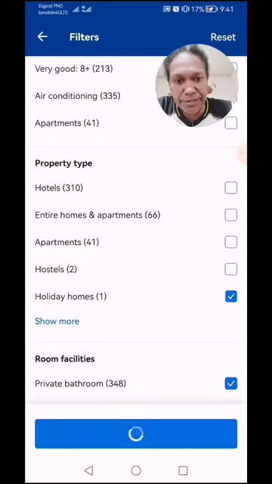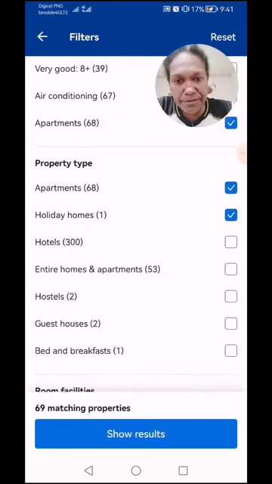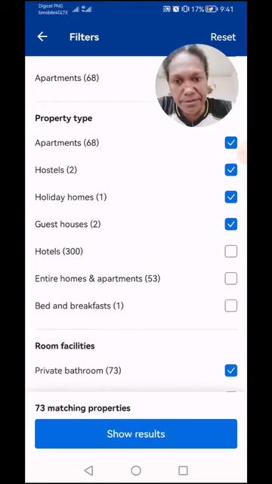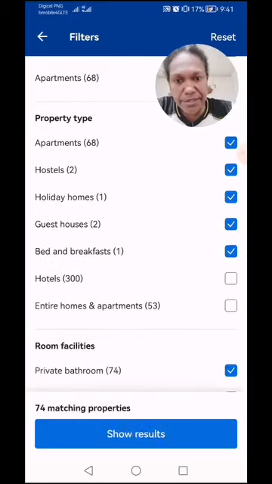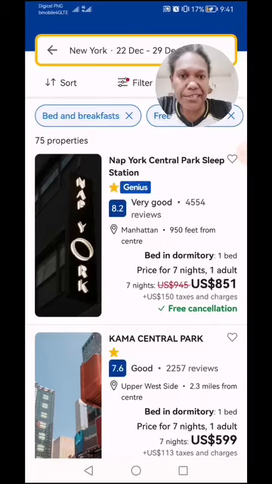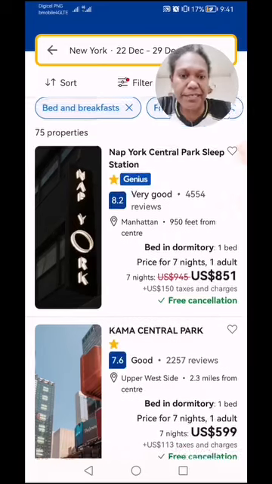You can choose holiday home, hotel, or hostels, or guest houses, bed and breakfast, and then resorts. You see there's some for less.